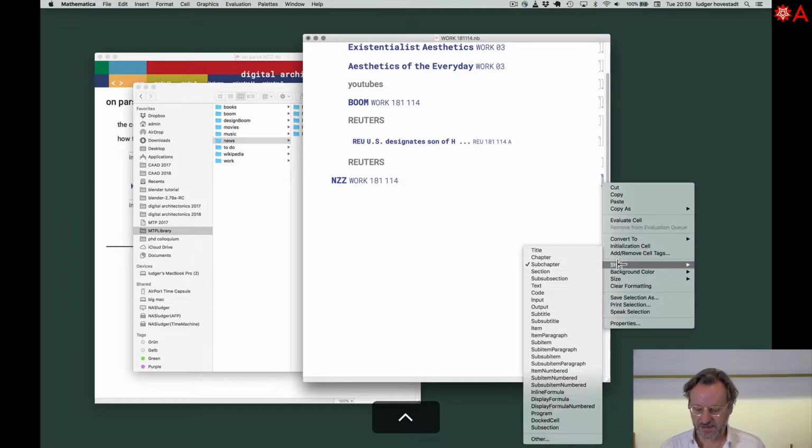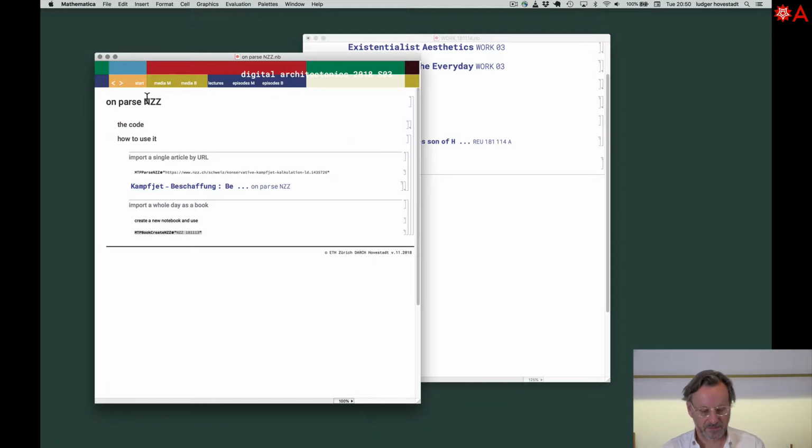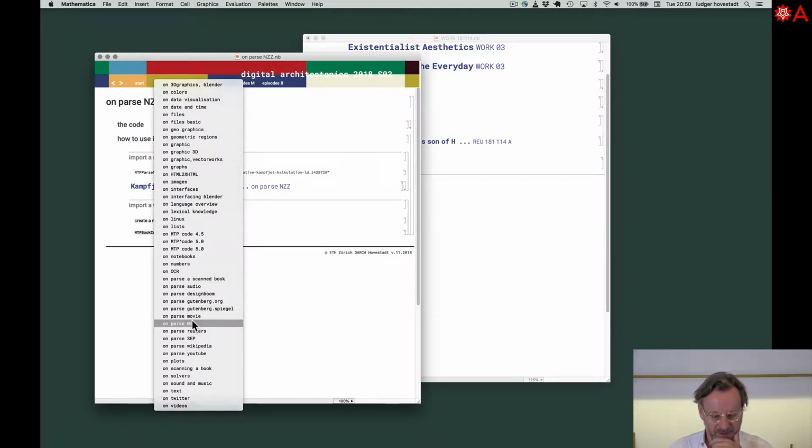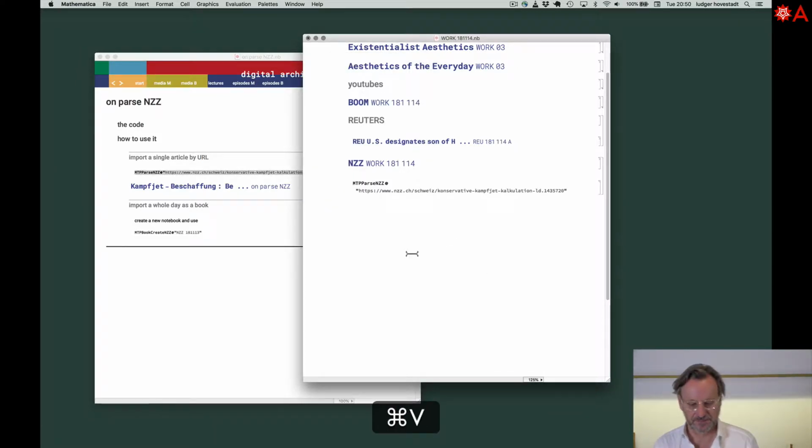Now we have this, style subsection, then we are in line. Good. Now, as always, we have here in parse NZZ, we can parse a single